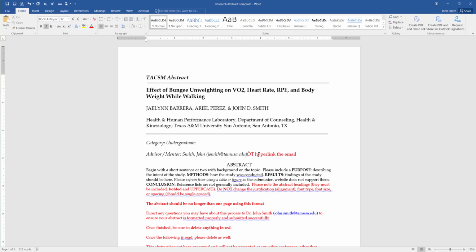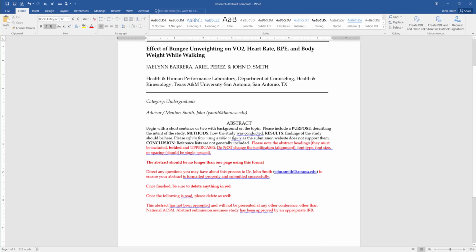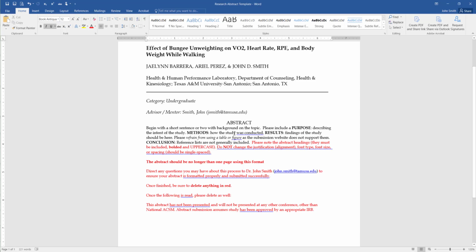Again, do not hyperlink that email. If you create that space or hit enter after it, it'll hyperlink. So just right-click it and then undo that hyperlink. Okay, so for the abstract, please note, very important, make sure that we maintain the font sizes, the headings,